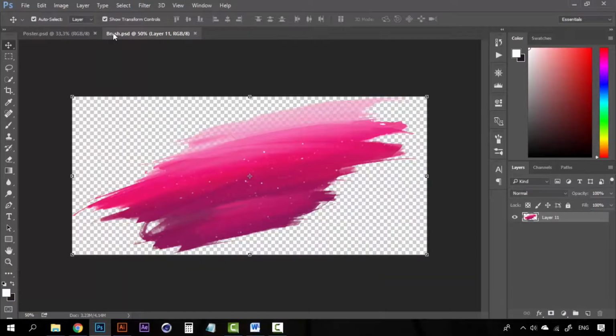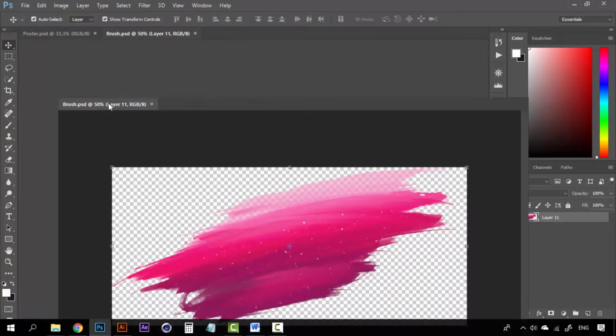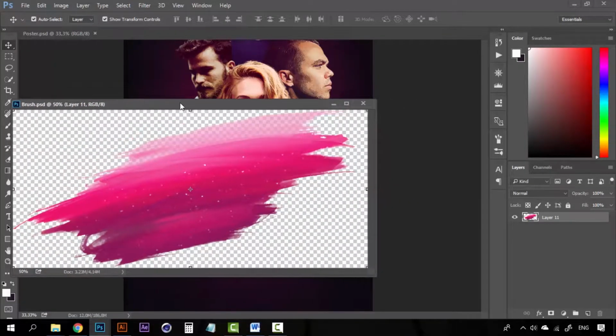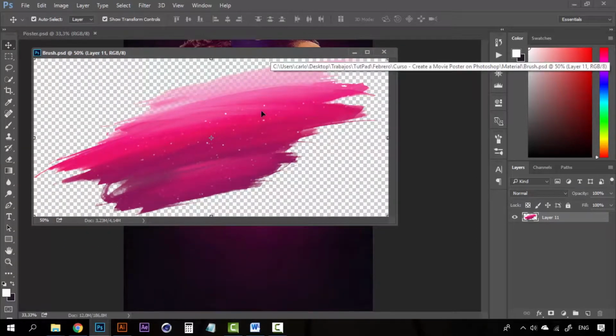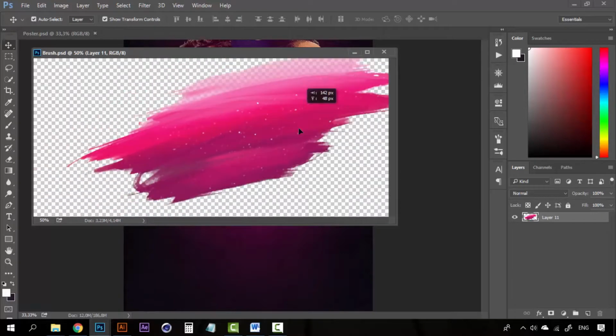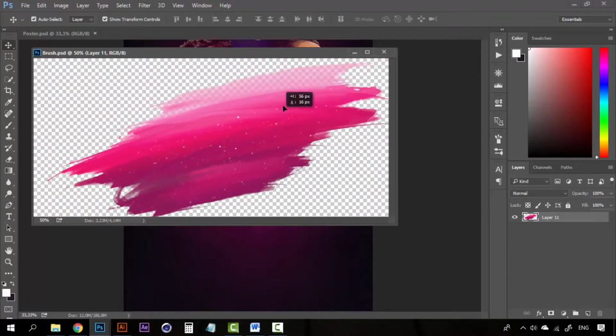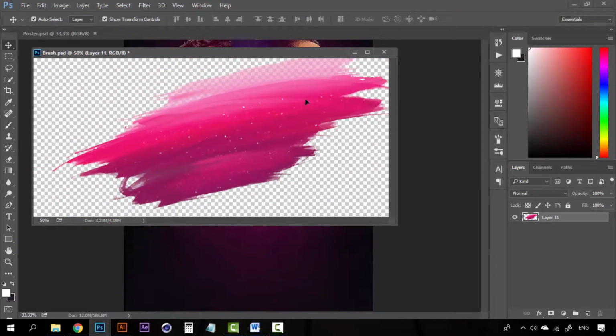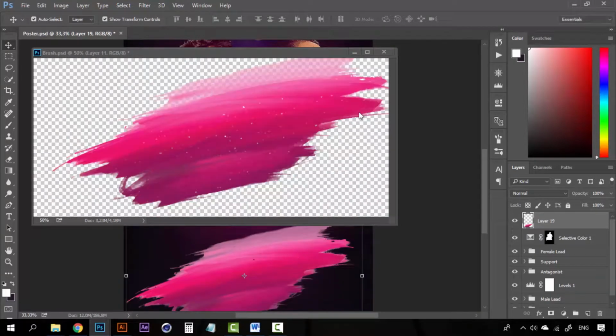Now I'm going to share with you this brush file, which you can find on Freepik. I converted it into a Photoshop file. Of course, I'm going to share this with you on the course dashboard. Now take this file, and you can see that it's a watercolor brush. Take it to the poster,